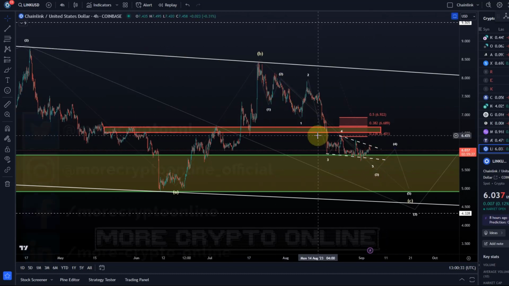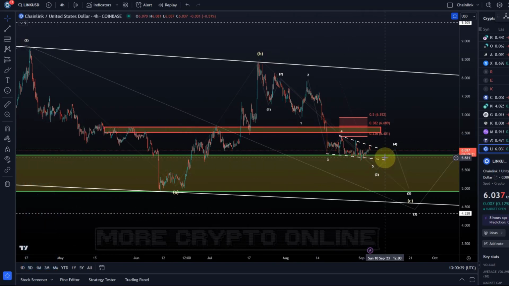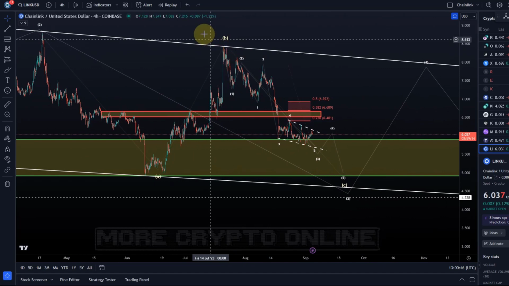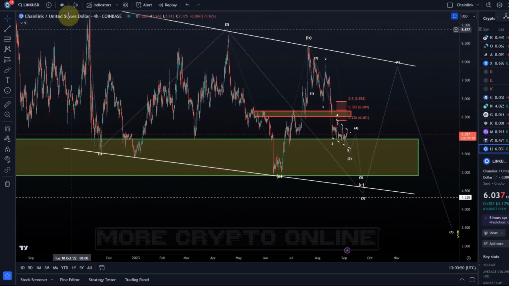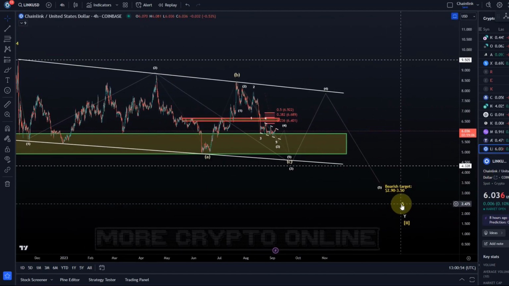On the Chainlink chart, we can still see an unchanged situation, but actually this move to the downside is unfolding in a perfect way because there were two potentials we suggested here. First of all, the base case. What is our base case? The base case is currently that the price is coming down in a fifth wave in a so-called ending diagonal